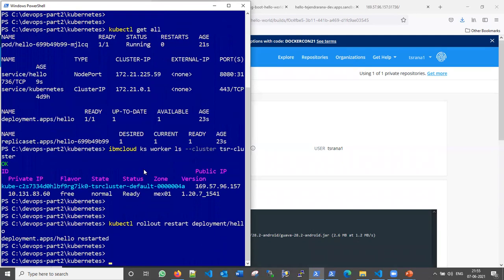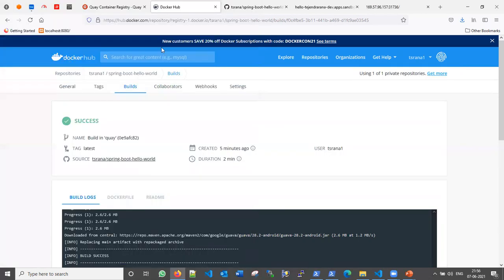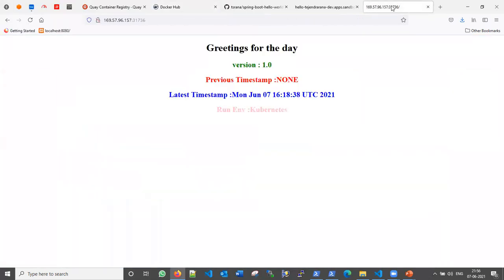Yes, so it's restarted. Let us go and check whether our image has been updated here or not. Let me refresh it. Yes, you can see it's showing version 2, so our image has been updated here also.